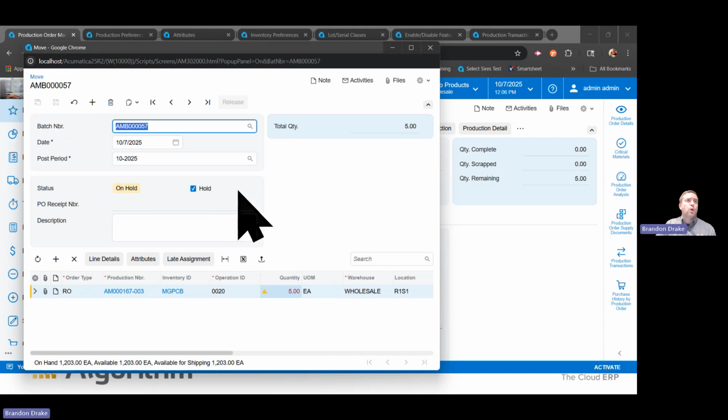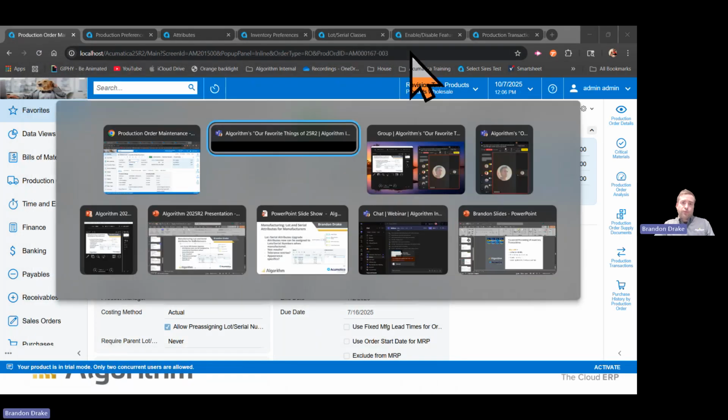I know some people that have been wanting that, mentioned even over a year ago, that lot and serial attributes were important to them, that the ability to do it within the manufacturing process was important. So can't do it at every step of the process, but as of right now, you can do it out of the box with that final report feature. So that is it for my first